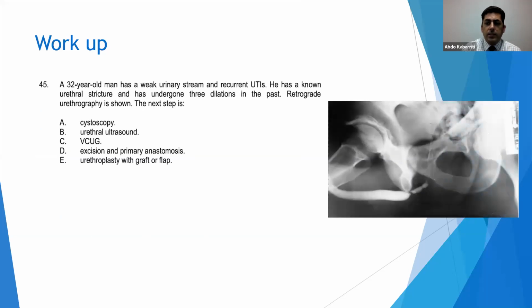So here's a question. A 32-year-old male has a weak urinary stream and recurrent UTI. So again, a lot of the things that you would ask about in your stricture history. Now, this guy has a known history of urethral stricture, and he's undergone 3 dilations in the past, again, prior interventions. You do a retrograde urethrogram, which is demonstrated here. The next step is